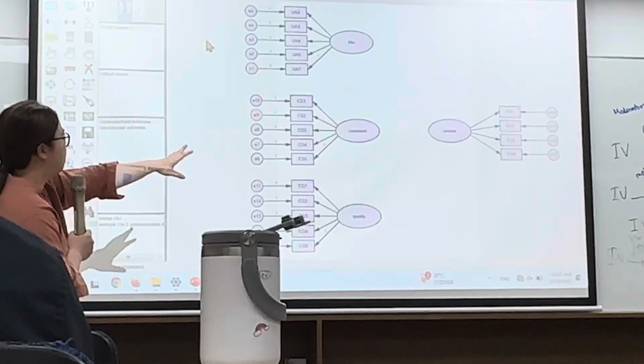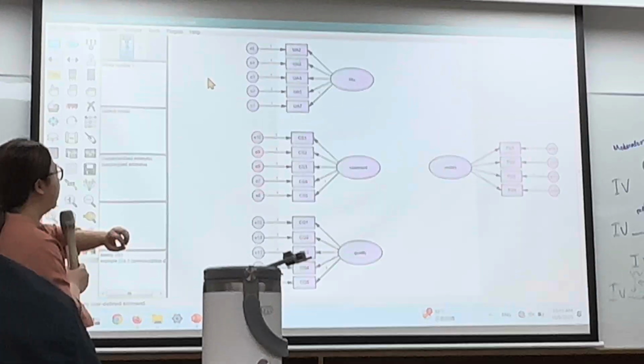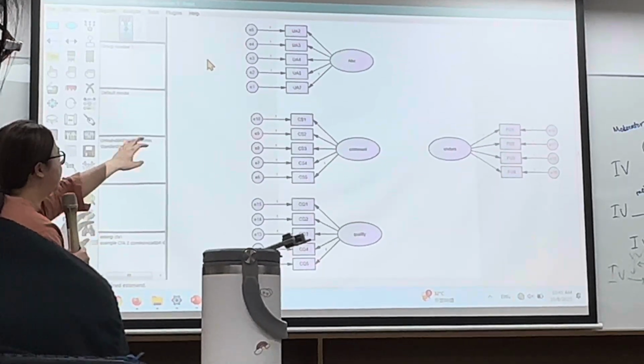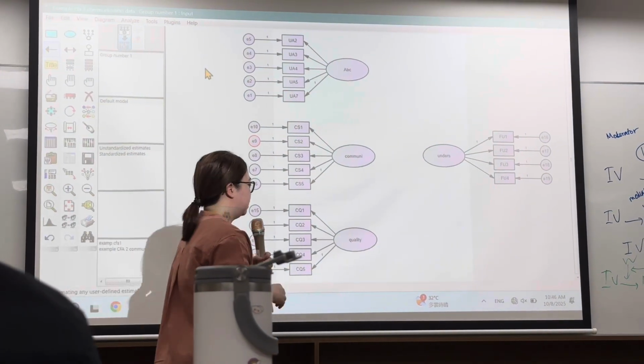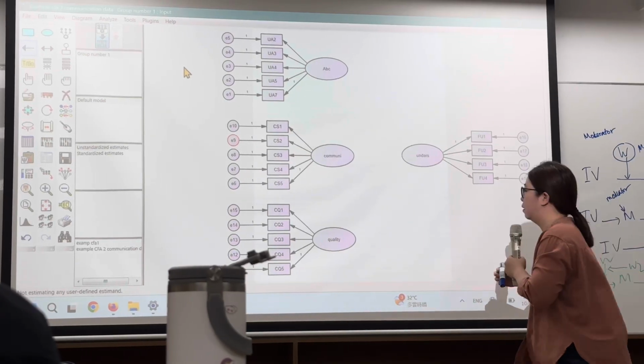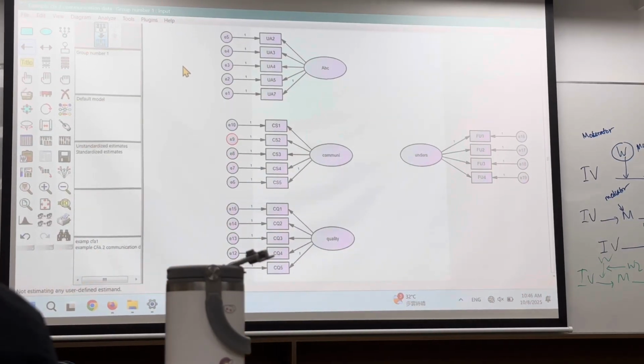The understanding will be the DB, okay? And the ABC, I don't know what that, will be the IB. Okay, let's try to draw the framework. Let's say ABC leads to communication